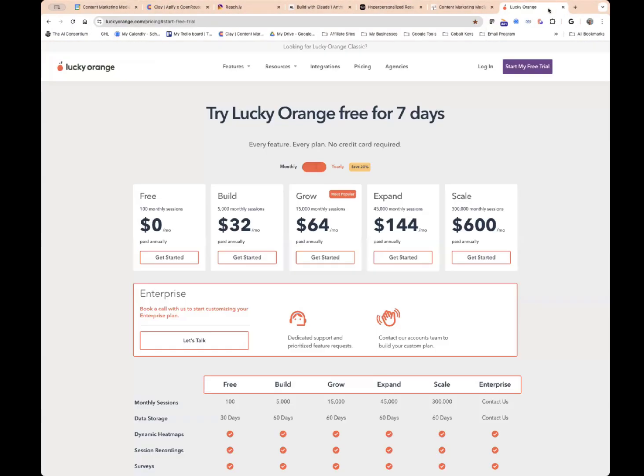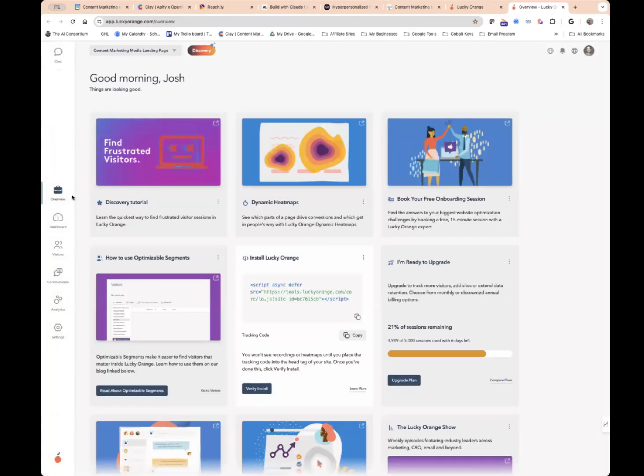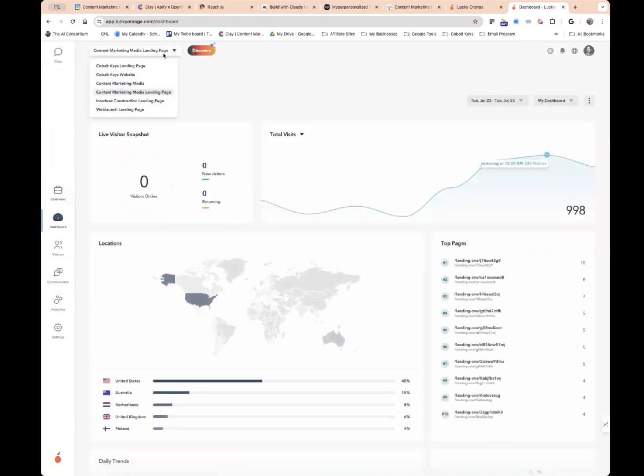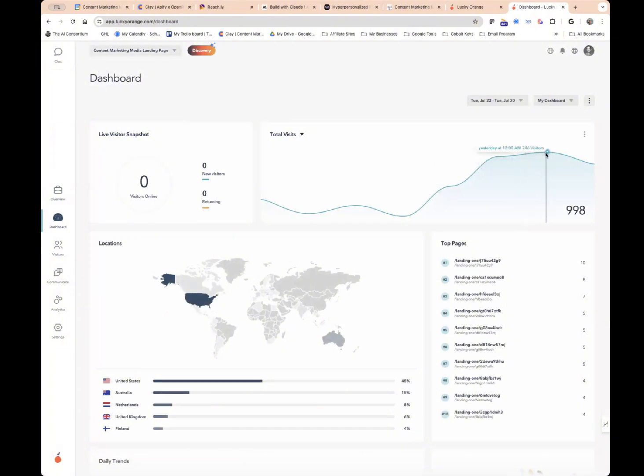And I mentioned this in one post, but I wasn't really serious about it. But now I'm getting really serious about it. I'm dropping Lucky Orange onto my Reachly pages. So I'll show you mine, but you can see some of the ones I'm doing here. It's killer. You can obviously tell we're pumping up the volume of what we're sending, but we're